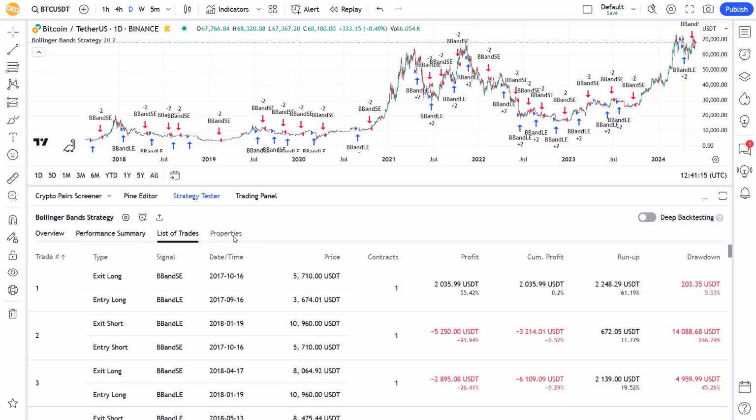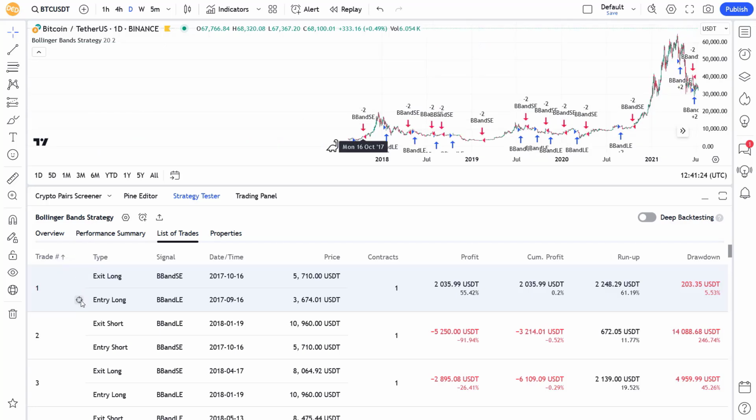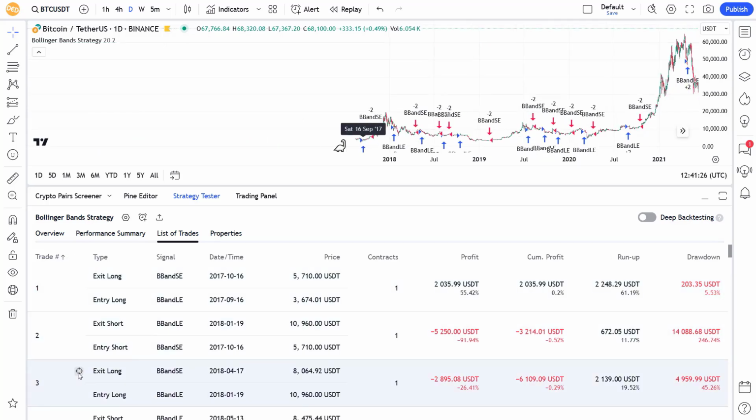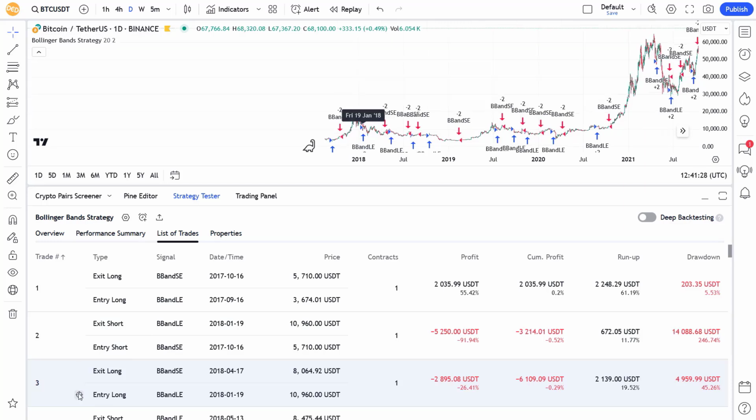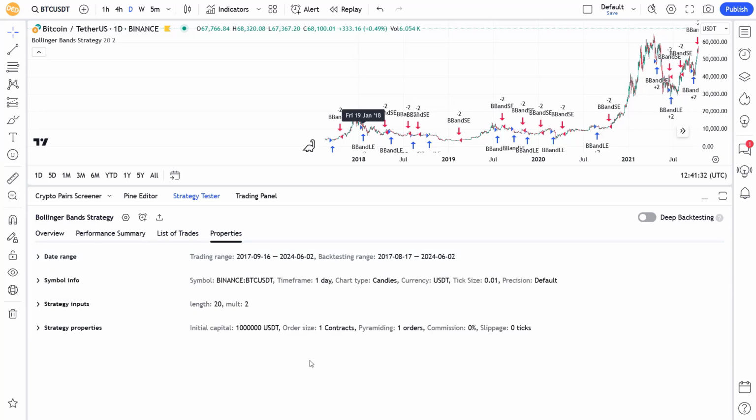Now, to get to the actual trade in this chart, there is a very small crosshair before each trade entry or exit, and clicking on this crosshair brings us to the actual entry in the chart itself. So we do not have to visually search for it, but we can go directly to the chart and see where the trade happened. The last information sheet in this strategy tester is the Properties tab, and this gives an